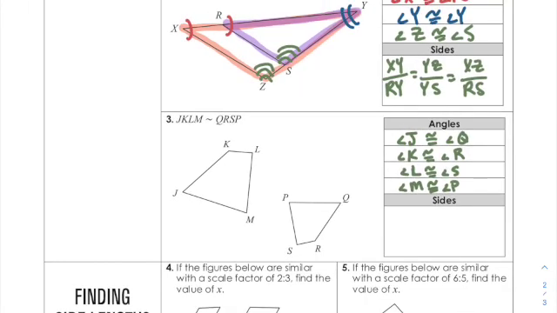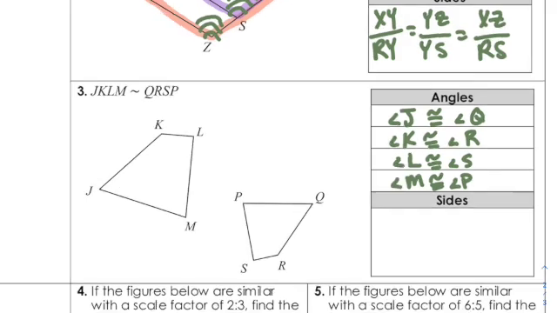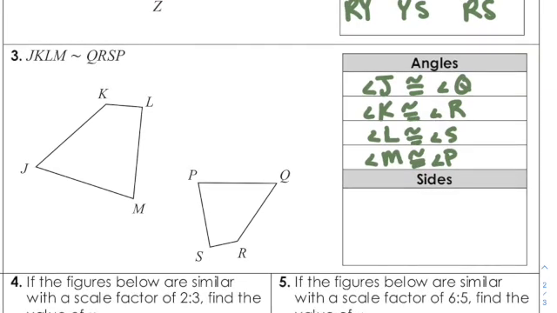Alright, so I went ahead and wrote down the angle congruency. Angle J was congruent to angle Q. Angle K was congruent to angle R. Angle L is congruent to angle S, and angle M is congruent to angle P. And again, you can just look at the similarity statement to easily see that. But I wanted to work through the side proportions so you can do it with me if you were